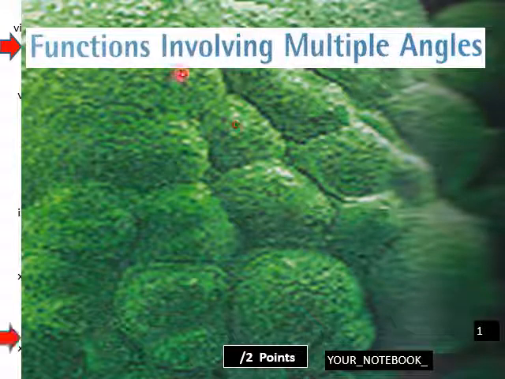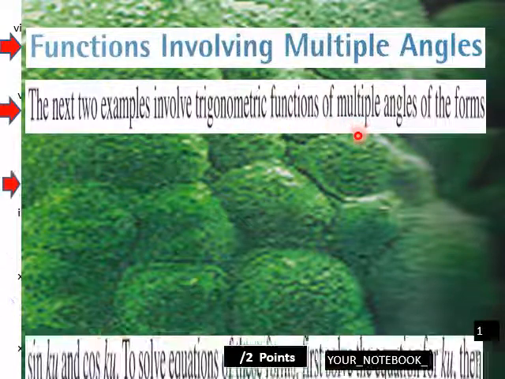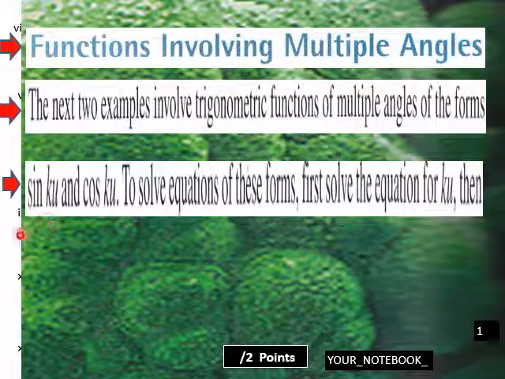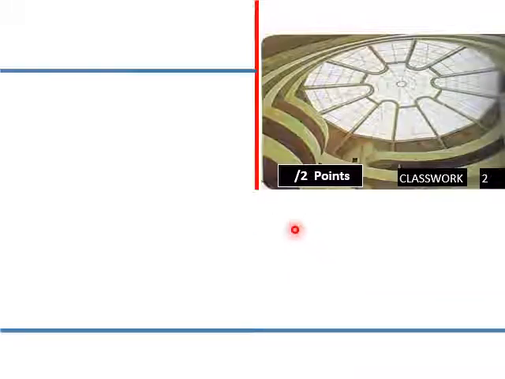Starting with your notebook, functions involving multiple angles. The next two examples involve trigonometric functions of multiple angles of the forms sine Ku and cosine Ku. To solve equations of these forms, first solve the equation for Ku, then divide your result by K. An example of that,